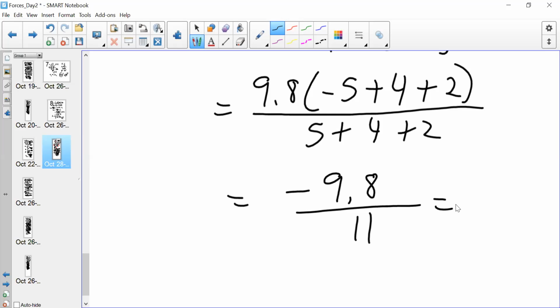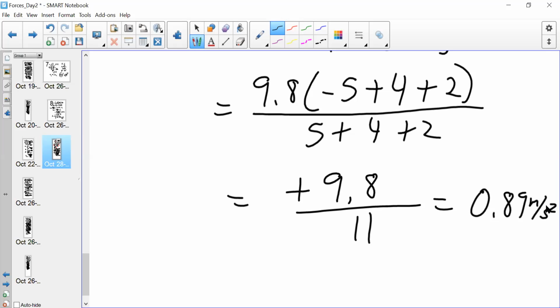That's going to be our acceleration. Oh, this is plus 1, sorry. Negative 1 plus, yeah, positive. Okay. So that's the acceleration of the system. So 0.89